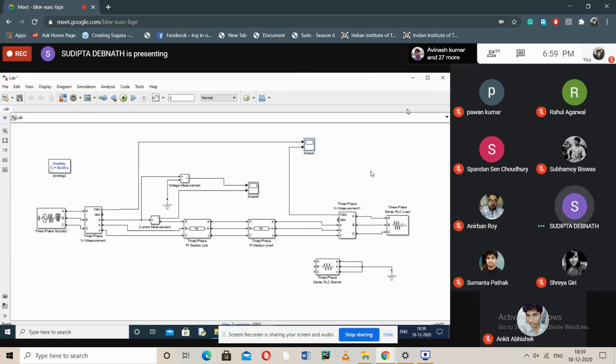And what is the Ferranti effect? It actually occurs under lightly loaded condition or unloaded condition. We'll simulate both the lightly loaded condition and the unloaded condition. So under these two conditions, what happens? The reactive power generation is more than the reactive power absorbed. Okay. So the capacitive effect is more, so that leads to the increase in the voltage at the receiving end. So receiving end voltage becomes more than the sending end voltage.